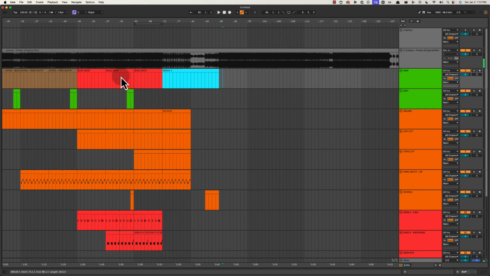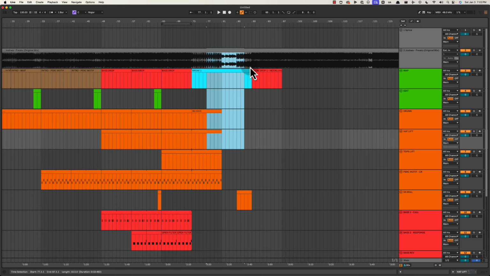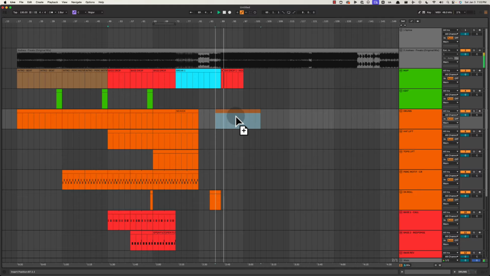Boom. And now we move into the stability of the drop. But now this is where everything starts to get paid off because we have the hook drop. So hook drop one, where hooks and groove come together. All right, for the first time. Okay, we introduced the grooves over here, introduced the groove over here, introduced the hook right here. And now we're getting them together for the first time.